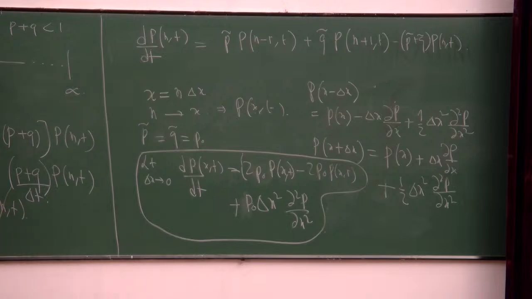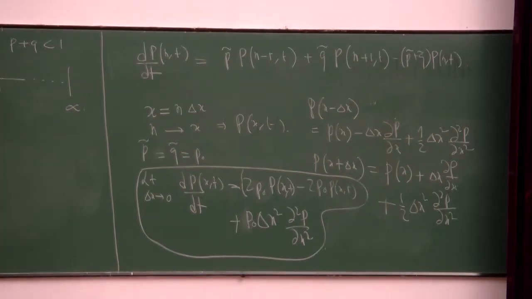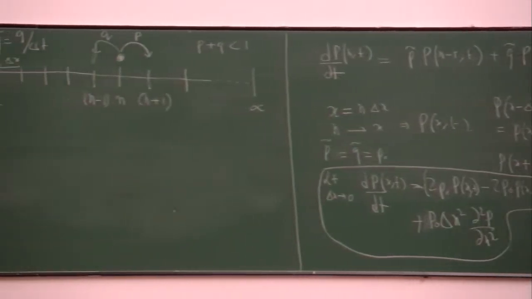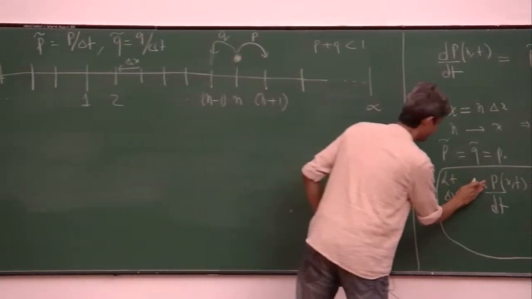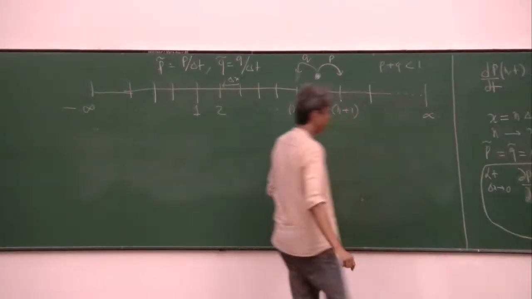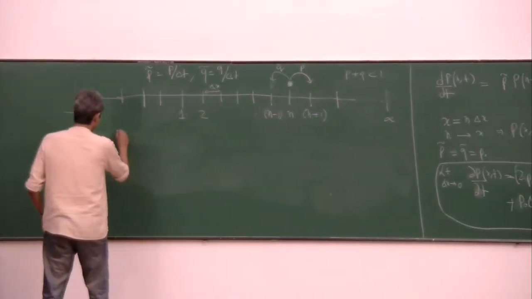So what I got is simply, again, I have to be careful because I have two variables. Now, I should take partial derivatives. So what I have got here is